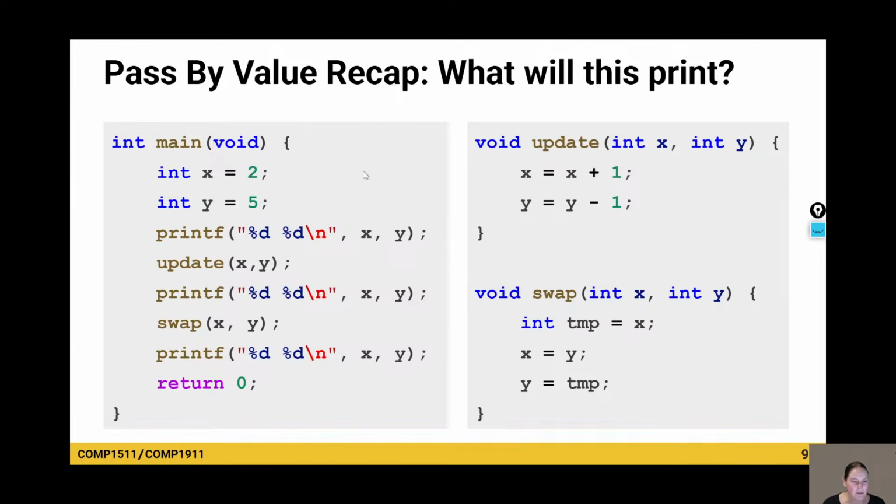Okay, now why do we typically use pointers? Well, we had a look at this code before, and even though it might look like it's got two variables x and y that are being modified by these functions, we found out that that wasn't the case. These functions don't modify the original variables, and if we run this, we'll just keep getting 2 and 5 printed out. So just a reminder,